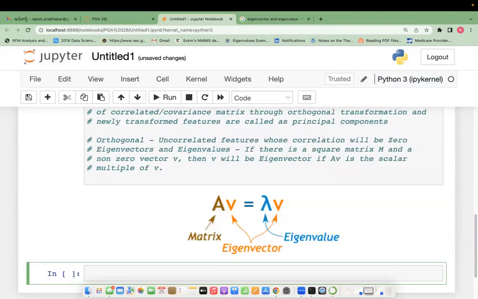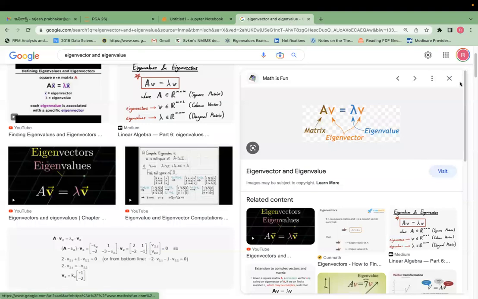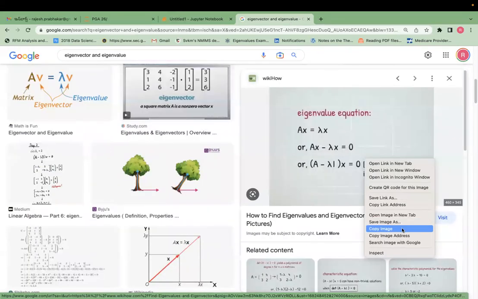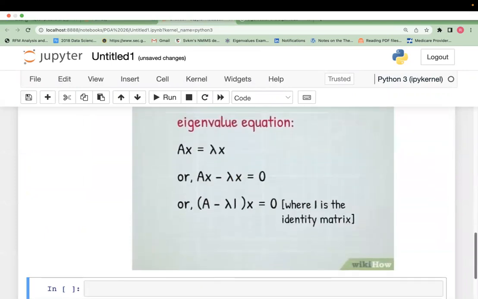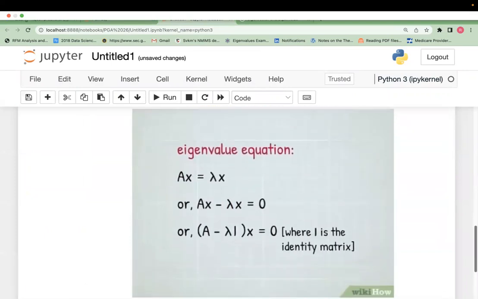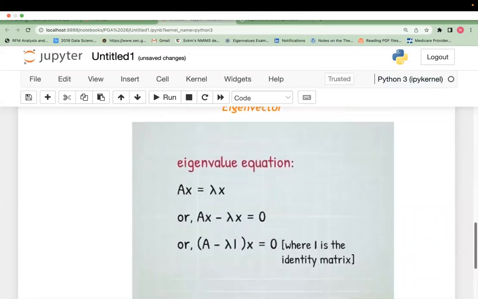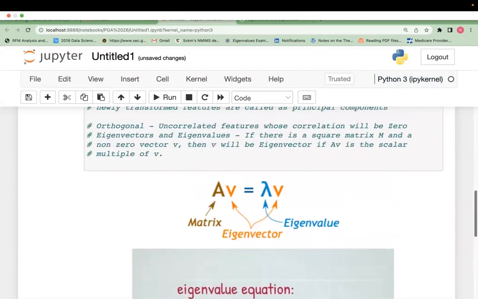So AV is equal to lambda V. V is the eigenvector, lambda is the eigenvalue. If you still want the calculation formulas, use this one, the eigenvalue equation. Here V and X are the same. Ax minus lambda X is equal to 0. (A minus lambda I) into X is equal to 0, where I is the identity matrix. So the eigenvalue and eigenvector equation is the one which you are going to use to